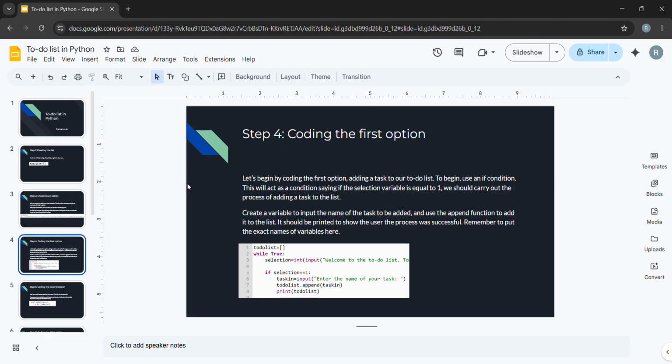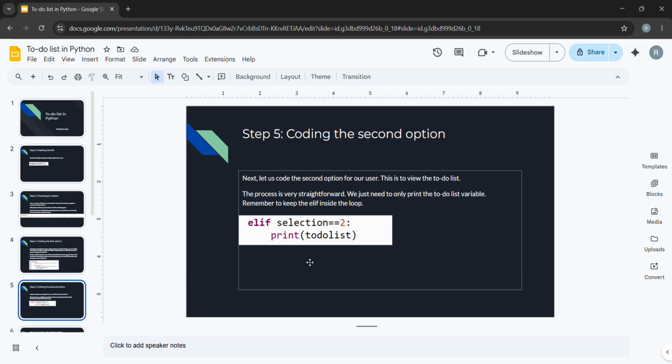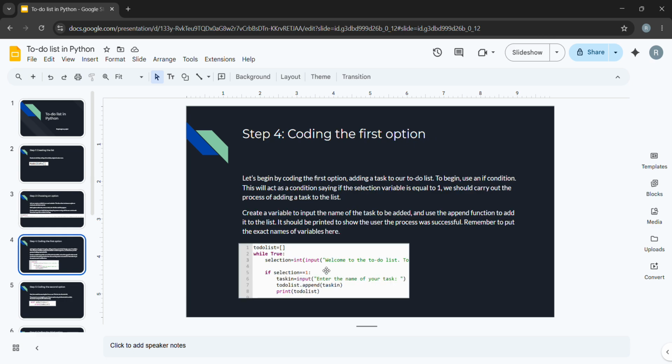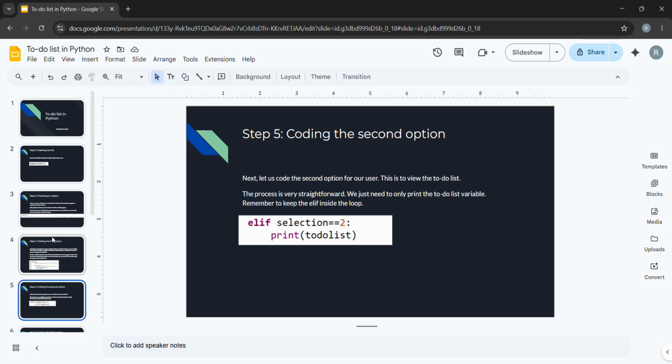Next is coding the first option. The first thing you need to do here is make an if condition. We're going to do it for the first choice. So if the selection is equal to 1, if you choose the first option, then